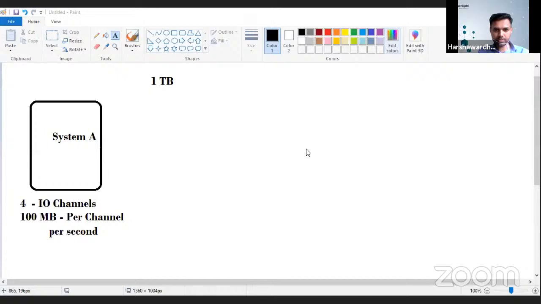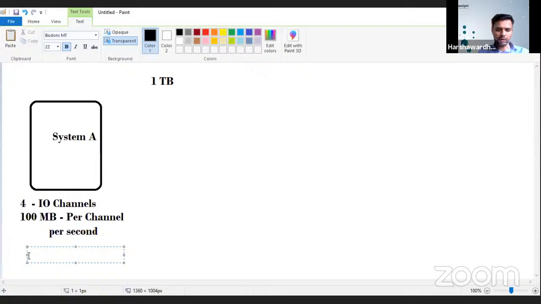10,000 seconds. Okay, Sachin is saying 10,000 seconds. Any other answer, guys? Okay. Shreyas is saying 2600 seconds approximately. The speed is given in MB and the data size is given in terabytes, so first you have to convert 1 terabyte into GB. You know the conversions, right? 1 TB is equal to 1024 GB. Again, the speed is given in MB, so you have to multiply by 1024. So do the calculations.